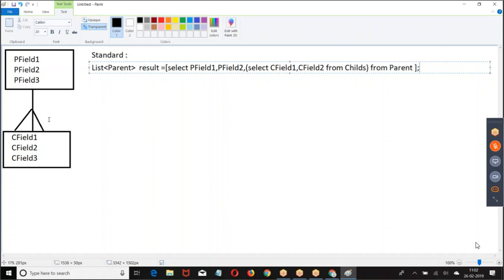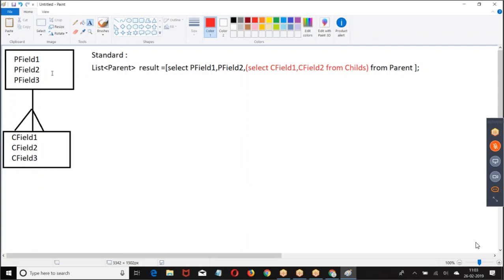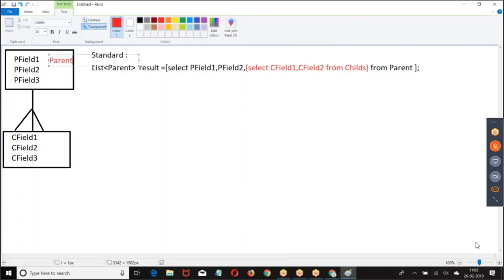Now this is a child object. What is the name of the object? Child. Parent. This is child.